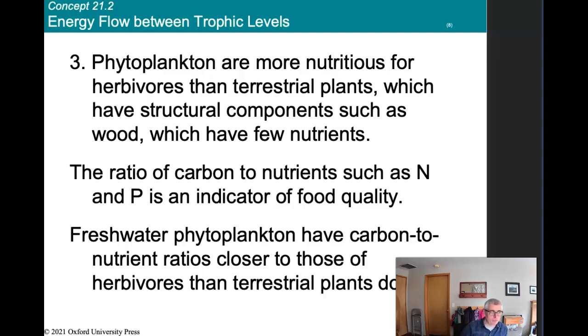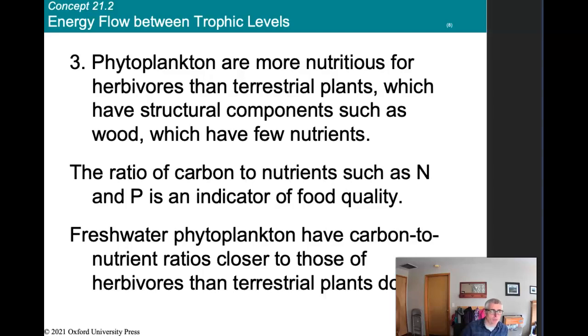So you think about a panda eating bamboo. It's not really the most nutritious thing, whereas phytoplankton are just full of delicious nutrients and easy to digest. So the ratio of carbon to nutrients, such as nitrogen and phosphorus, is an indicator of food quality. Freshwater phytoplankton have carbon to nutrient ratios closer to that of their herbivores than terrestrial plants do, meaning that